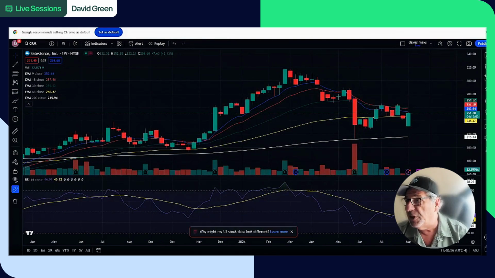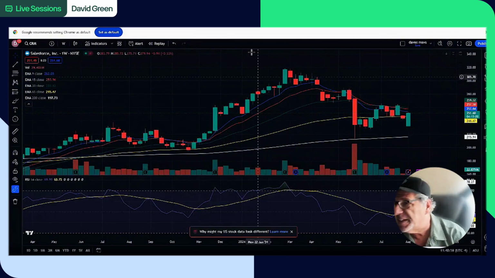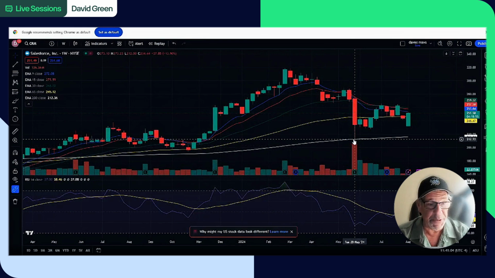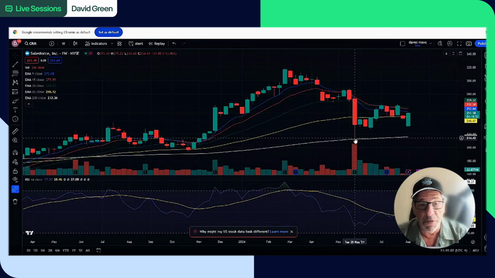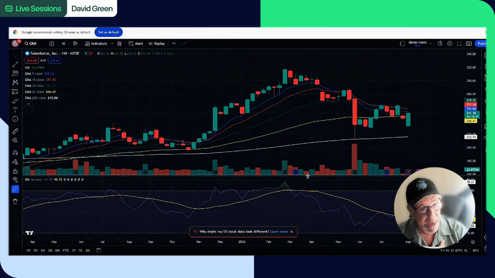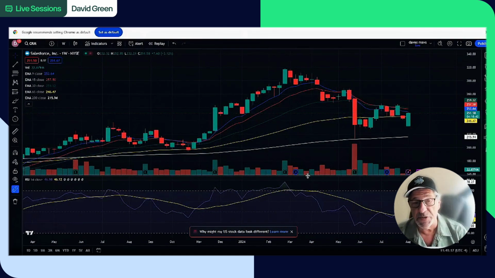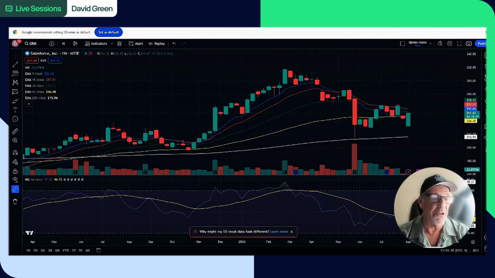If we look at CRM, the stock went from a price of 320. This was last week when it hit this. It went to a low of $203. Based on my technical analysis, I use a 9 EMA, 15 EMA, 30 EMA, 65 EMA, and a 200 EMA, exponential moving averages. I'll share that with everybody. That is what I use. There's a lot of nuances involved in how to use them and when to use them.